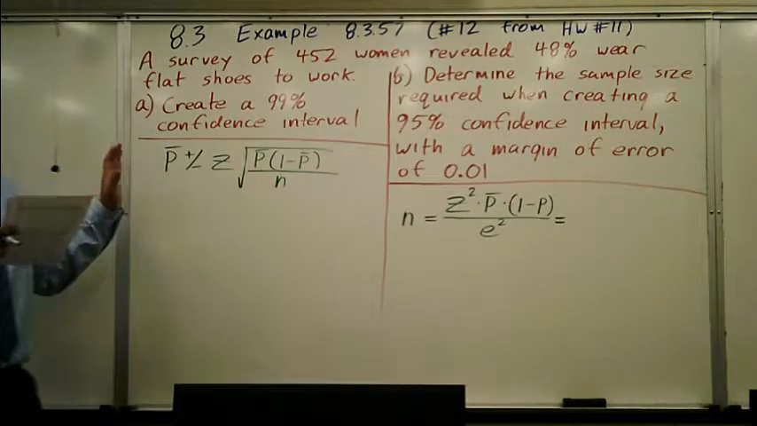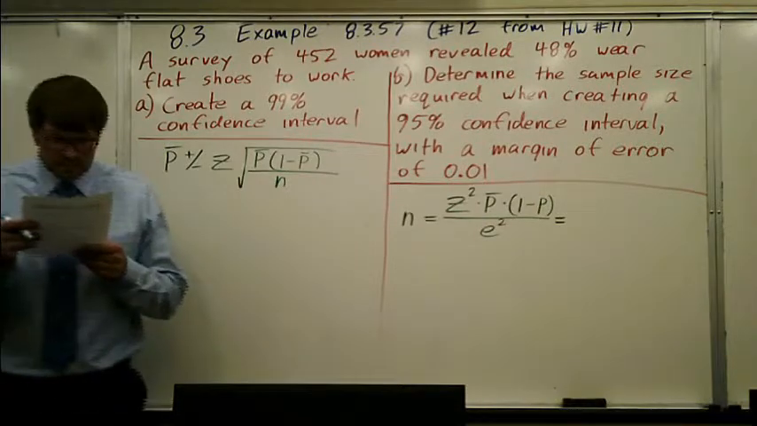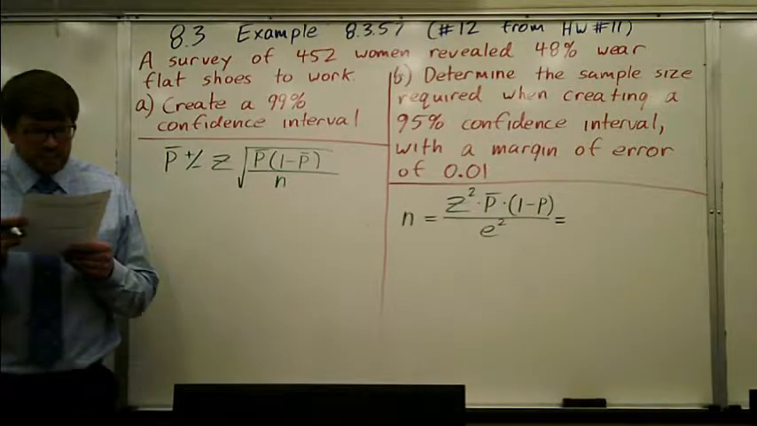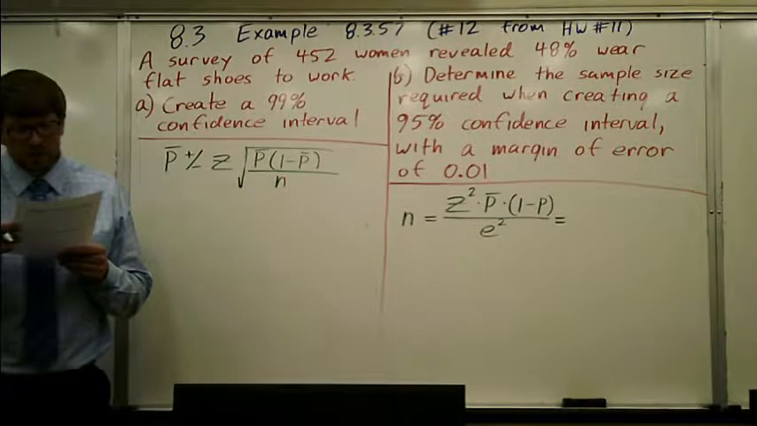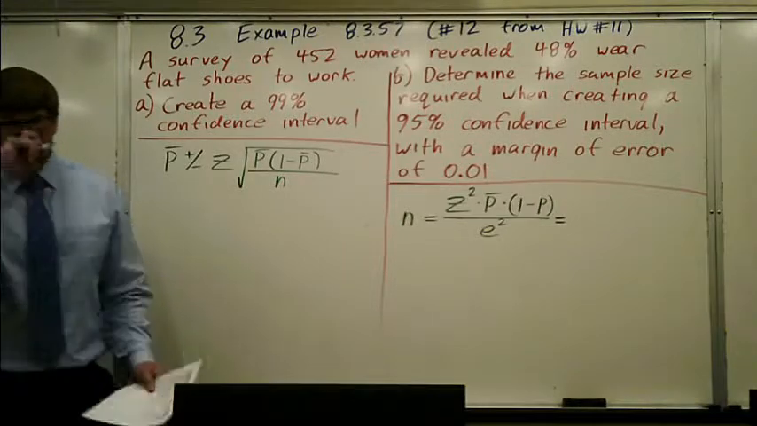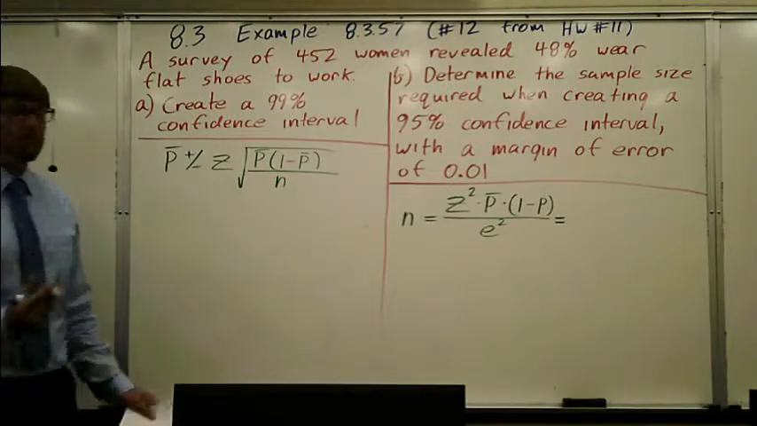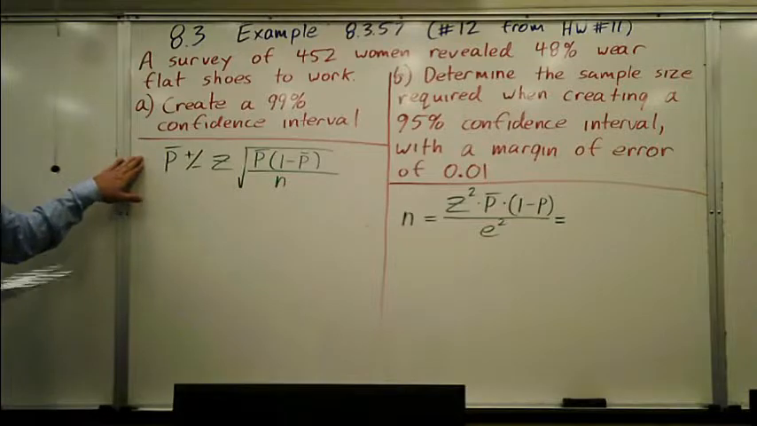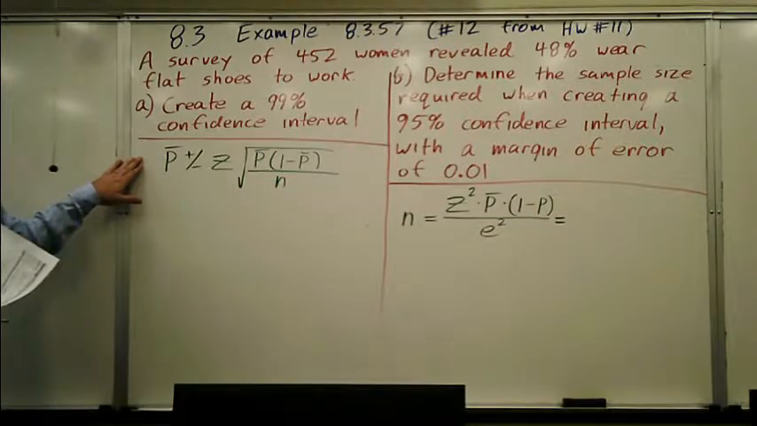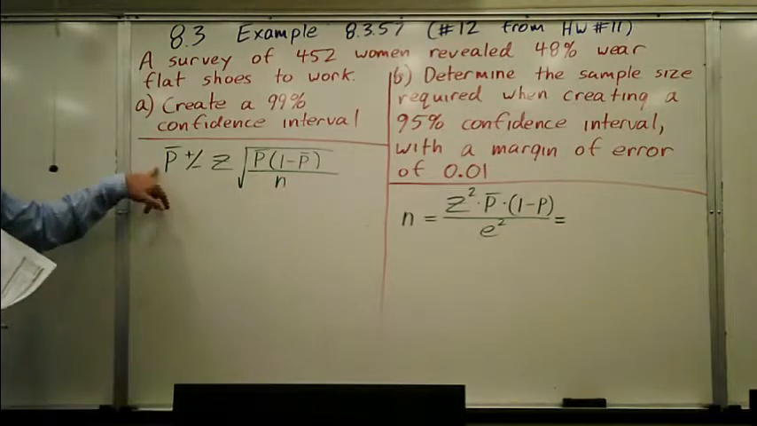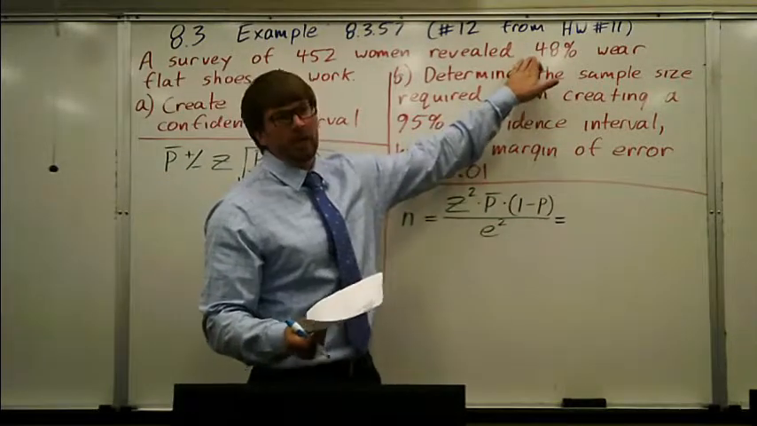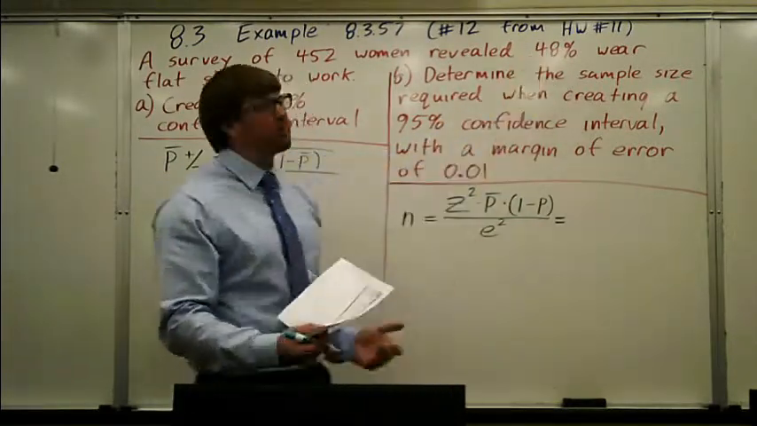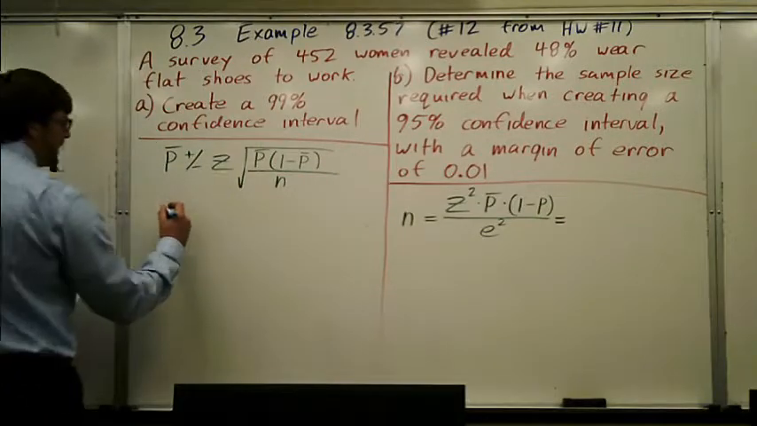There's two parts to it. Part A asks us, use the sample information to develop a 99% confidence interval for the population proportion of women who wear flat shoes to work. Alright, so first off, of course, here's our formula for the confidence interval for a population proportion. P hat, or our sample proportion, is just going to be 0.48 because 48% of the females wear the flat shoes to work. So we plug that in,